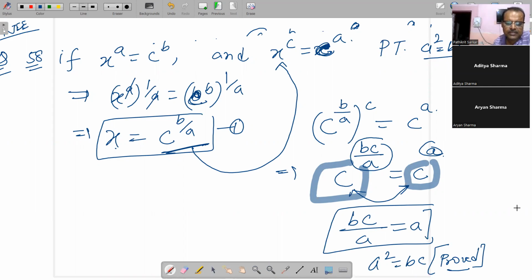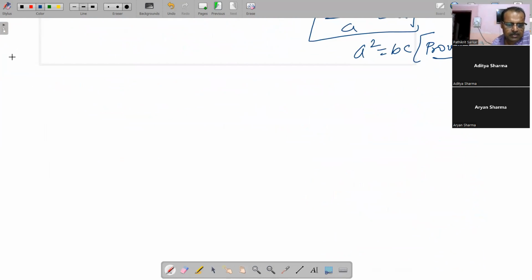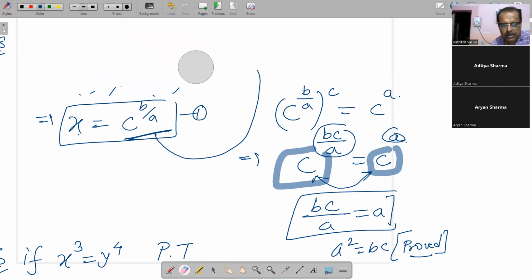सो दैट मींस जस्ट यू आर इक्वेटिंग दिस पावर and you can solve such kind of problems from here. इसी हिसाब से इस प्रॉब्लम को आप सॉल्व कर सकते हैं। और एक प्रॉब्लम देखो इस तरीके का, ये थोड़ा आसान प्रॉब्लम था। अनदर प्रॉब्लम यू कैन जस्ट चेक फ्रॉम बिट जी, दैट इज इफ एक्सेस क्यू इज इक्वल टू y टू द पावर 4, ये दिया गया है। नाउ प्रूफ दैट, आपको जो प्रूफ करना है, सो दिस प्रूफ, ये तो हमने प्रूफ कर ही दिया, इसको हम थोड़ा रब कर देते हैं। दिस इज द वे वी हैव प्रूव्ड इट।